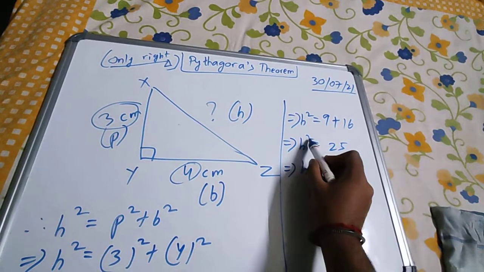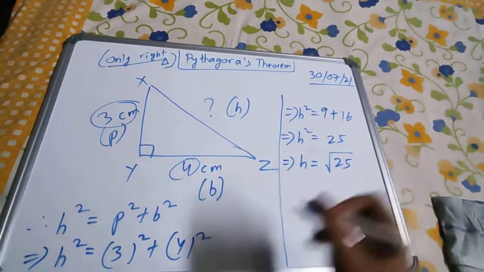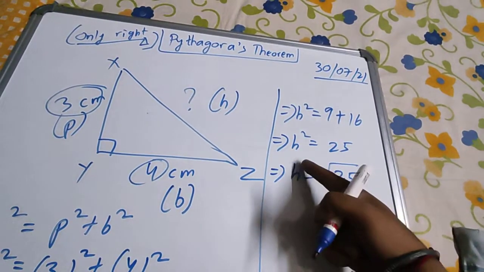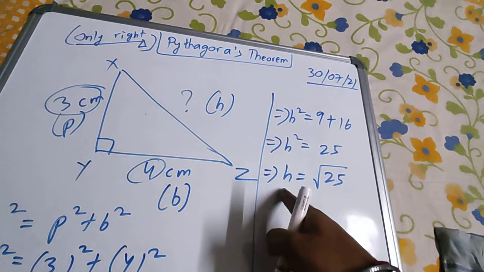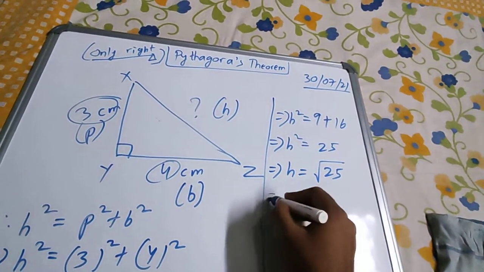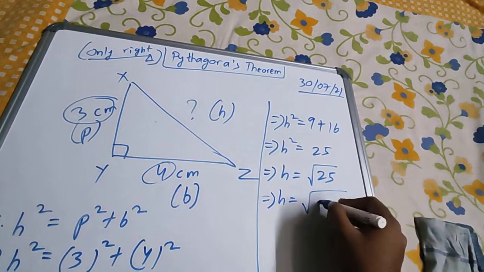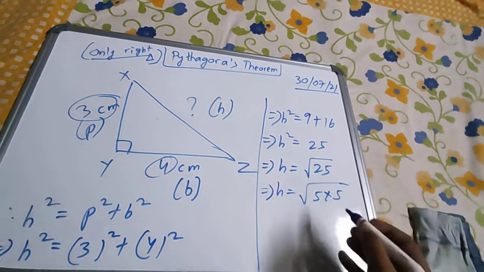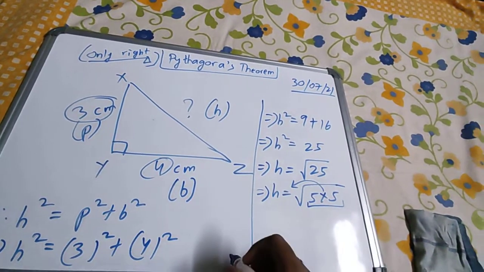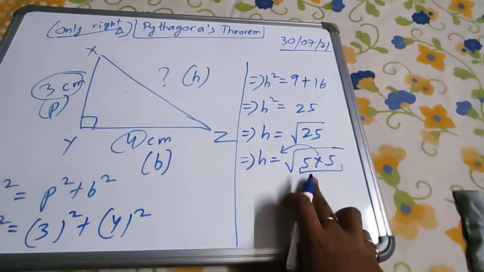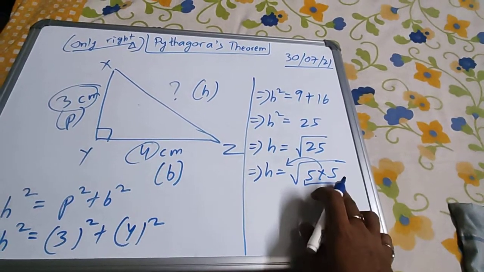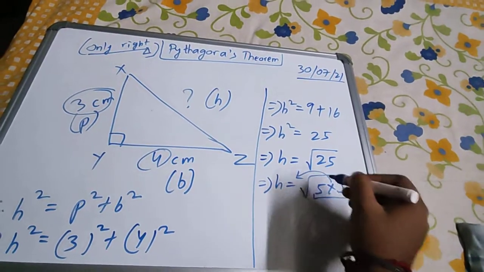See, we know if I remove square on the left hand side, a square root will be put on the right hand side. Okay, if I remove square, see, I have in previous step given square, in the next step I have not given square. So since in next step I have not given square, I have to give a square root on the right hand side. So 25 can be written as root over of 5 into 5, and we know that inside root, if there are two numbers, then one will be taken out and the root will vanish. If there are two same numbers inside the root, same 5 and 5, then one number will be taken out and the root will vanish.